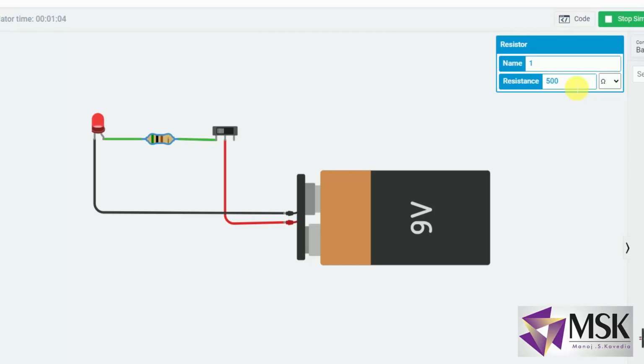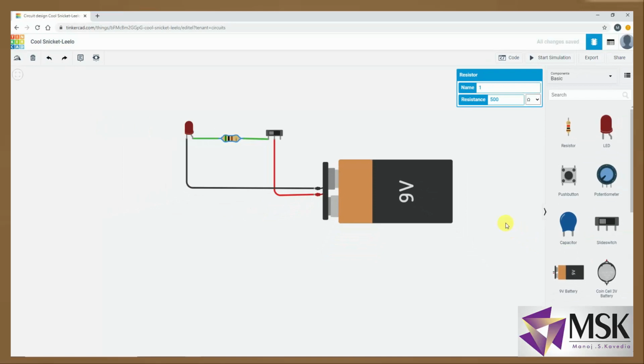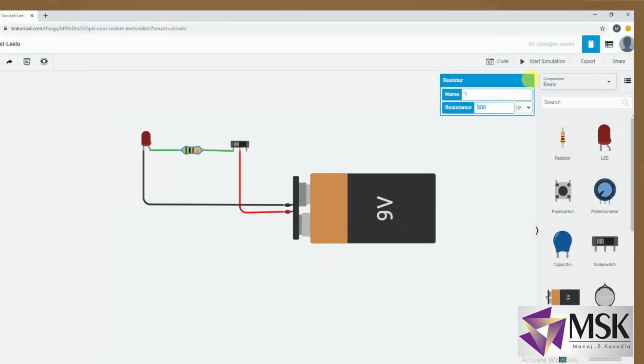So this is one of the simple examples which helps you in learning the basic components of Tinkercad, or what is there in the board of Tinkercad. It is like you are making simple electronic circuits, but virtually. So I hope this is clear. Now we'll see what the menus are here.